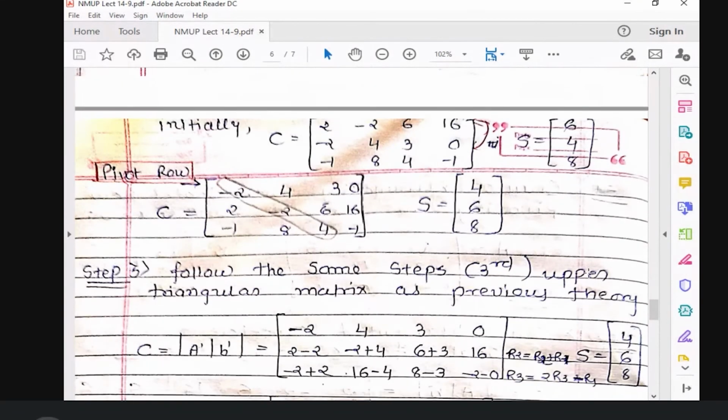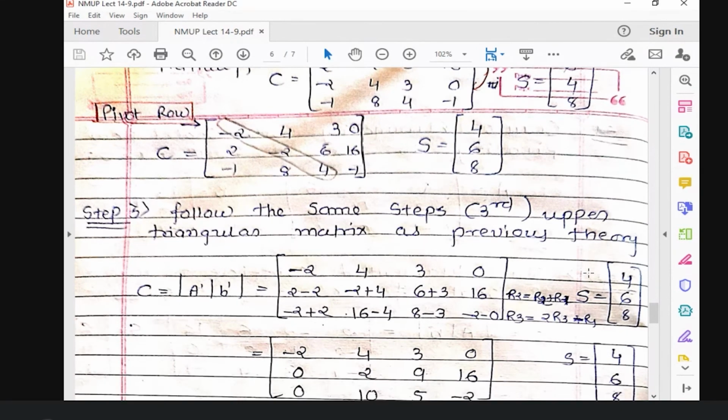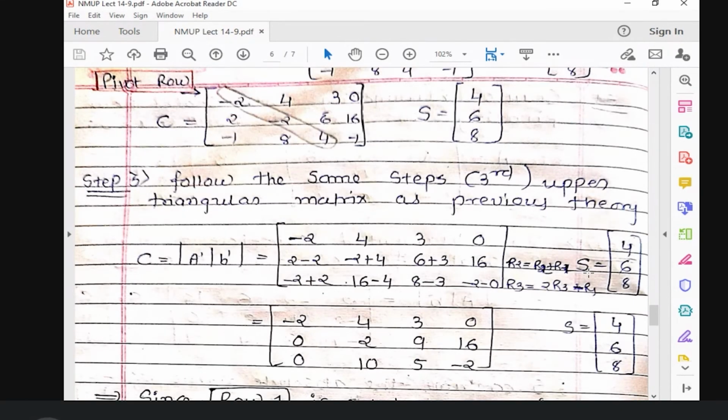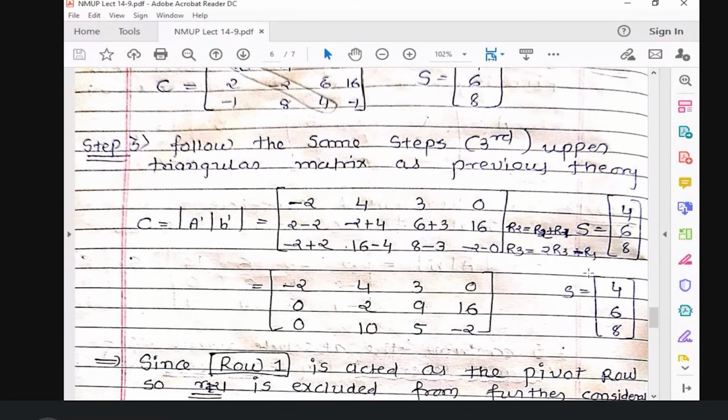Now what do we have to do? After that, we got my new augmented matrix, and this one is the S factor, right? We have to follow the same Gauss elimination steps. In Gauss elimination, what are we doing? After the augmented coefficient matrix, we are trying to convert it into the upper triangular format, right? So I have identified this diagonal and done these row manipulation operations over here, and with the help of that, I got the first two values, R21 and R31, equal to 0, right? So this is my first step. Up to this, clear?